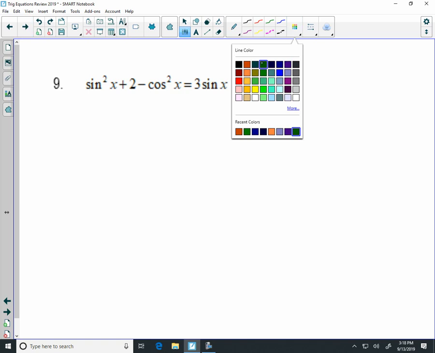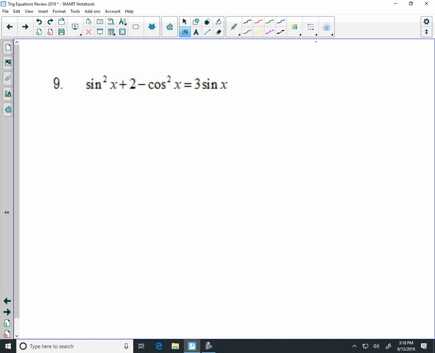Number 9 looks super messy, and it kind of is. With number 9, again, we're going to look for that singlet and keep it, and substitute for the square that's not like it. For this problem, the square that's not like it is that cosine squared. Now, I wrote this problem on purpose with that negative in front. When we substitute in for cosine squared,